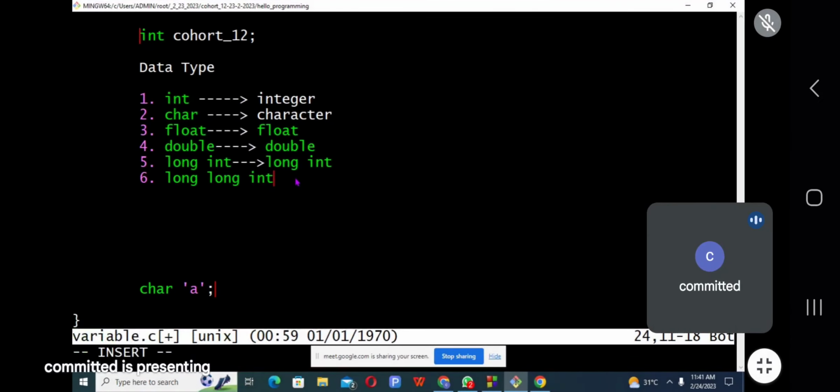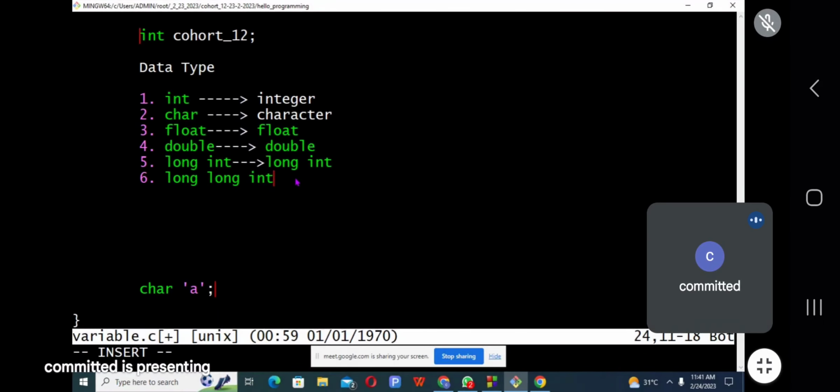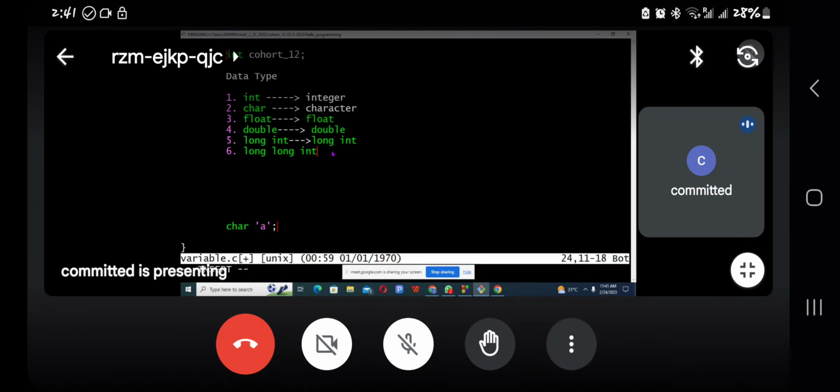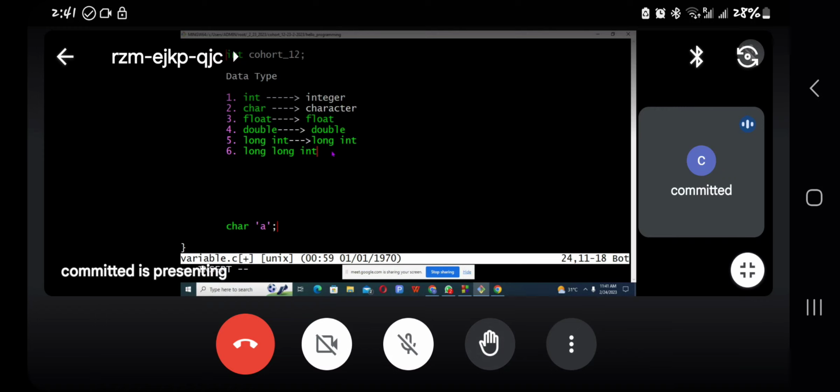You don't put quotation in your variable name. So some of you are putting quotation, which is wrong. If you are declaring your variable, you have the variable name and assign a value. When you want to assign a value, then it carries quotation. It's still a variable declaration. I hope we see our mistake now.